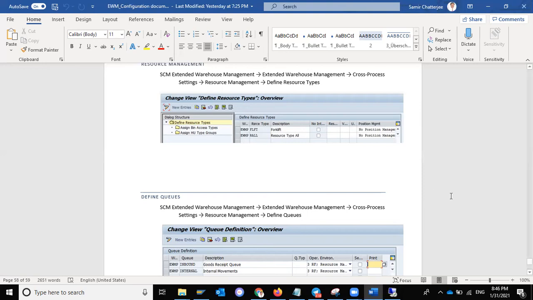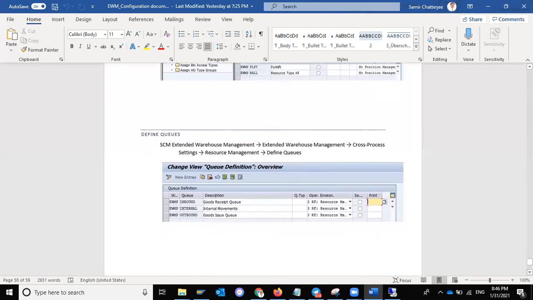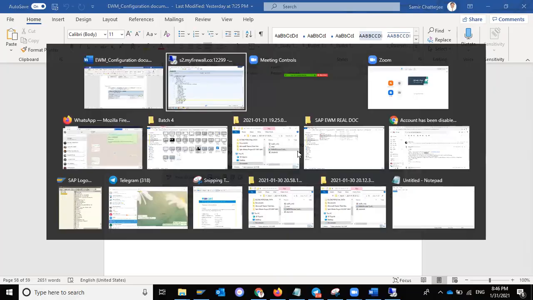So it is applicable for the RF devices specific queue definition. It is not for queue definitions for errors or any specific information or message. These queues are applicable for the RF inbound, outbound, and internal queues based on the goods movements happening in the warehouse. So it is also happening under resource management.